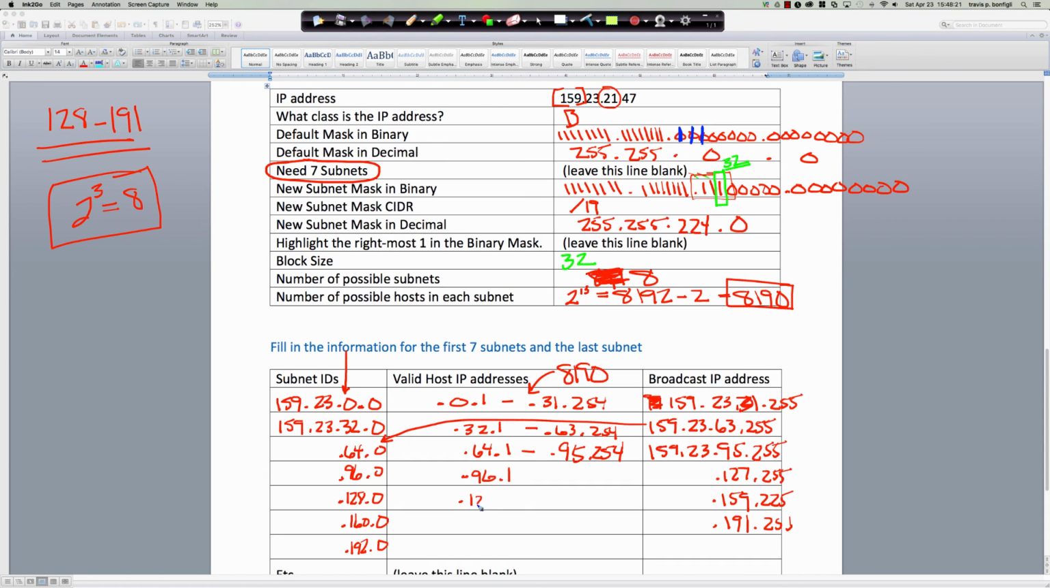.96.1, .128.1, .160.1, and .192.1. And of course, the last usable IP is one less than the broadcast address: .127.254, .159.254, .191.254, and so on. Okay, so this is actually going to go ahead and wrap up worksheet number 12, where